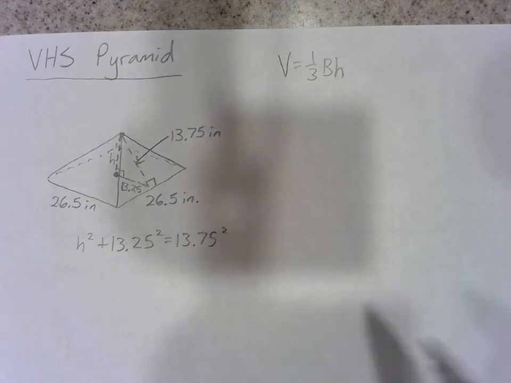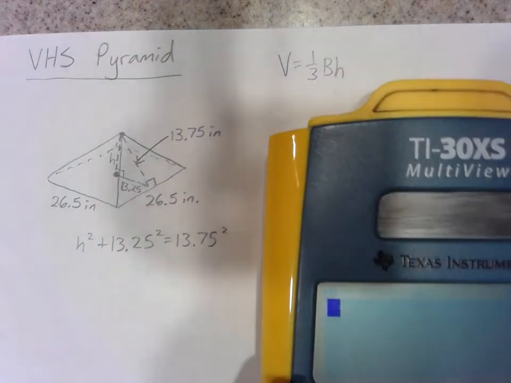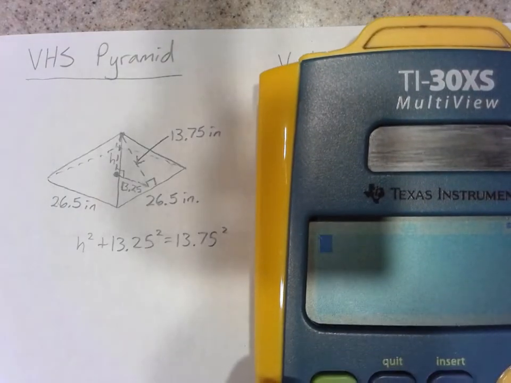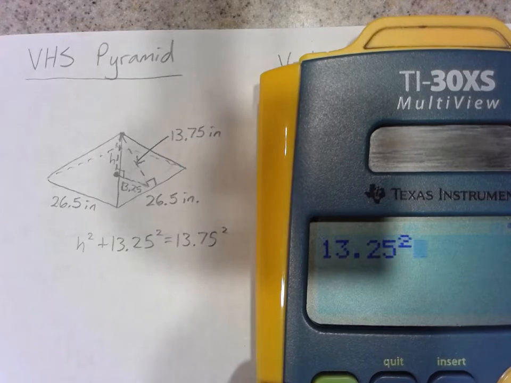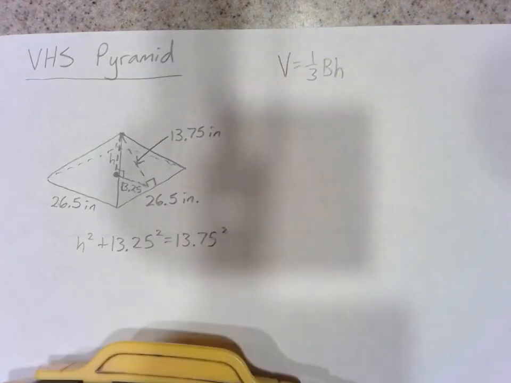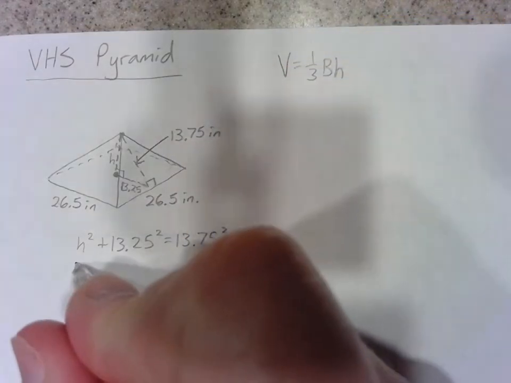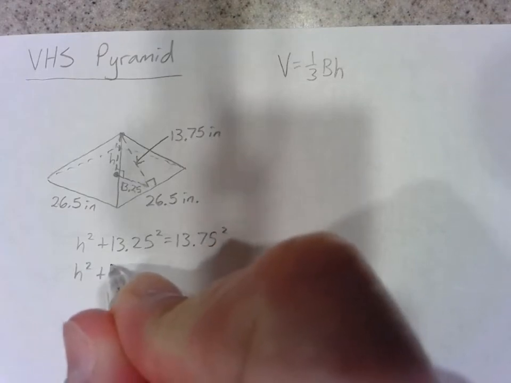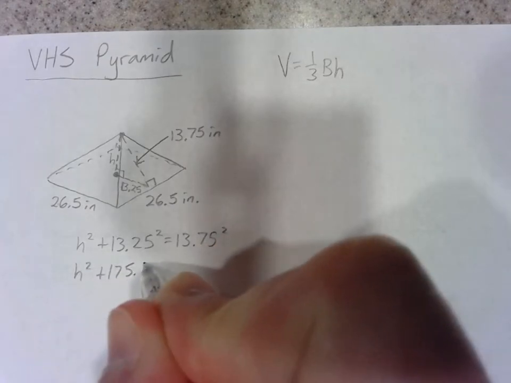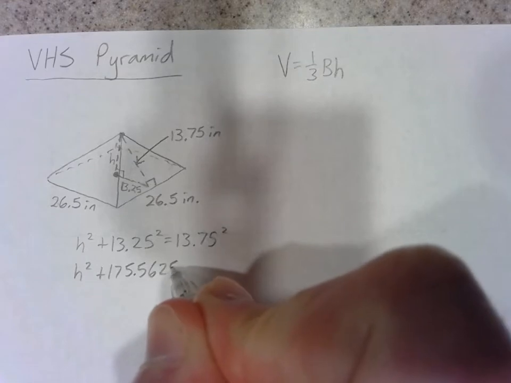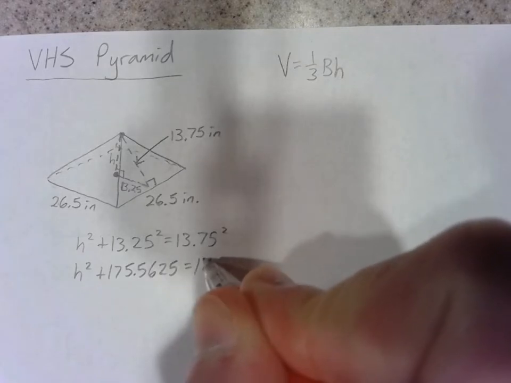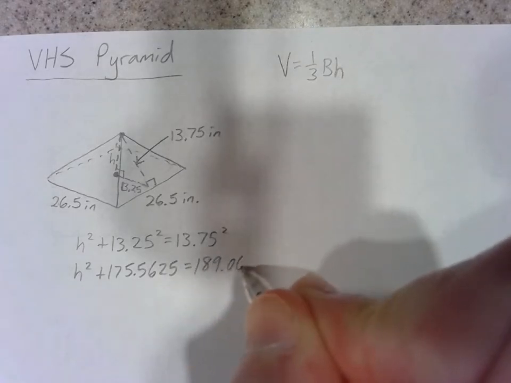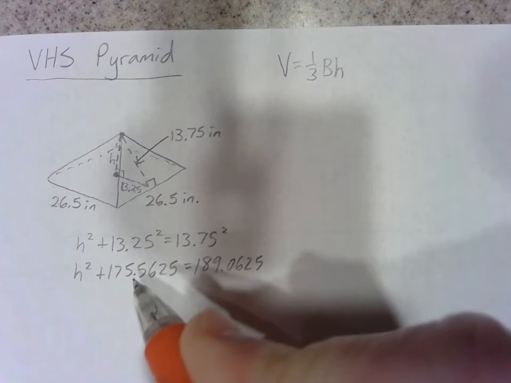So then we go to the calculator, and we're going to take 13.25 squared, which is 175.5625. 13.75 squared is 189.0625. Subtract the 175.5625,